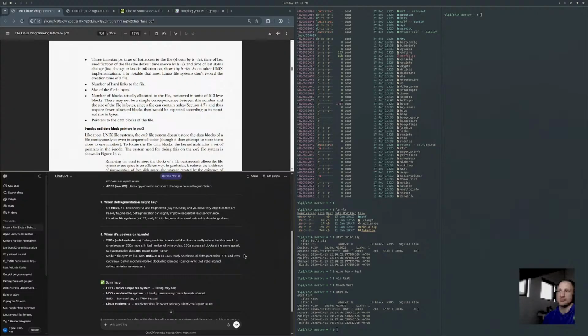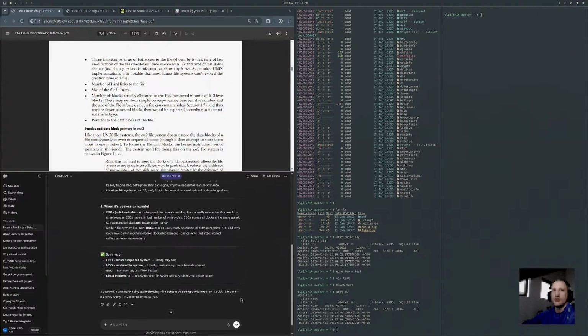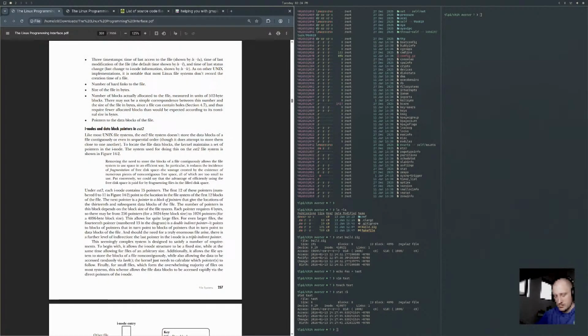SSDs can access all blocks at the same speed, so fragmentation does not impact performance. Modern file systems on Linux rarely need manual defragmentation. ZFS and BTRFS even have built-in mechanisms like block allocation and copy on write that make manual defragmentation unnecessary. Makes sense. Okay.